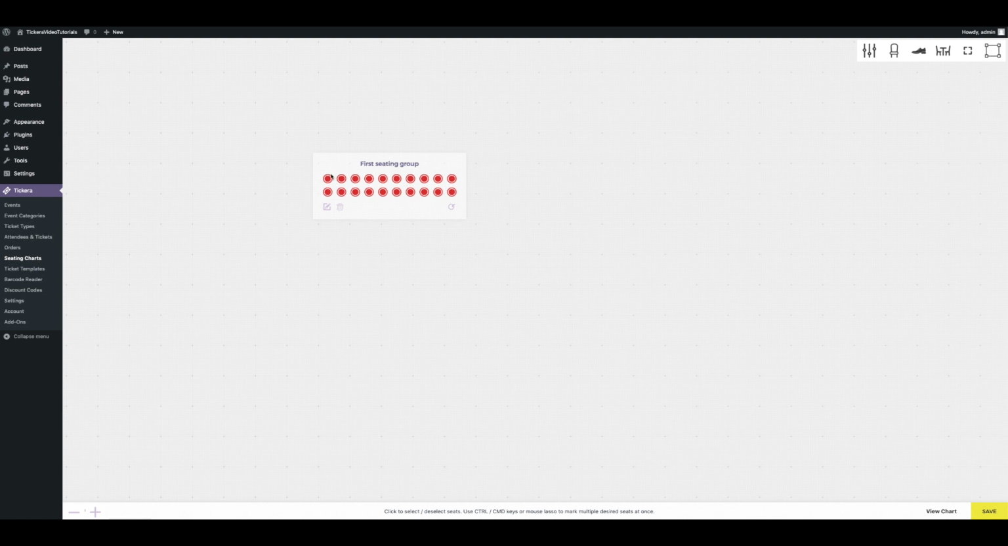But that's not the whole story. Currently we have just assigned these seats to the ticket type, but we also need to assign to these seats their seat labels. So let's say that we want this first row to have odd numbers. Okay? For example, 1, 3, 5, 7, 9, 11, 13, 15, 17, and 19. Okay? You can do this automatically. Simply select this row